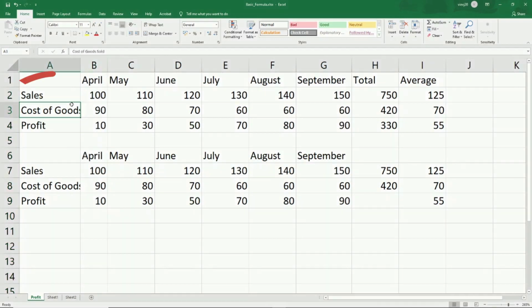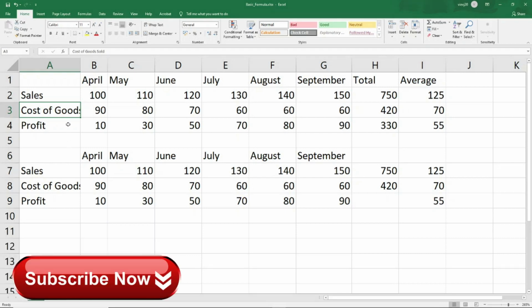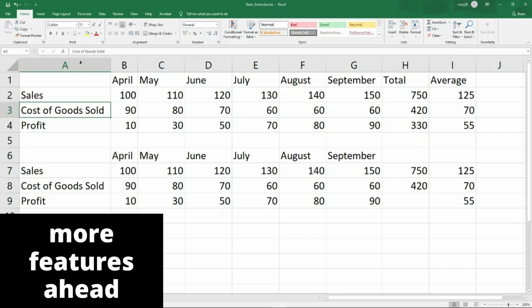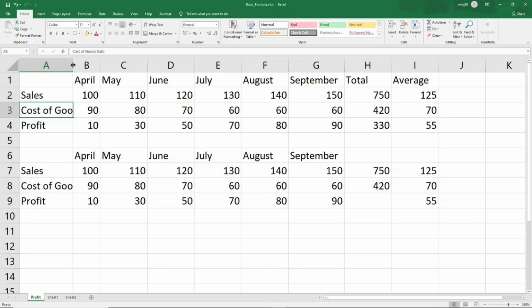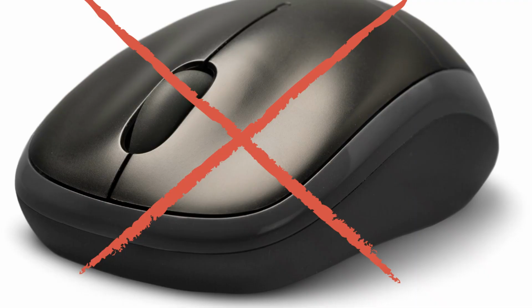Just as an example to show you, here my cost of goods sold is not being shown properly because it is being hidden by the value 90. So if I go and double click in between column A and B, you'll see my entire column is fit to width in such a way that the biggest cell is shown and everything else under that. So that was the way of auto adjusting using the mouse. You can always click in the center, go to the right or left and adjust the width if you want to adjust it manually.